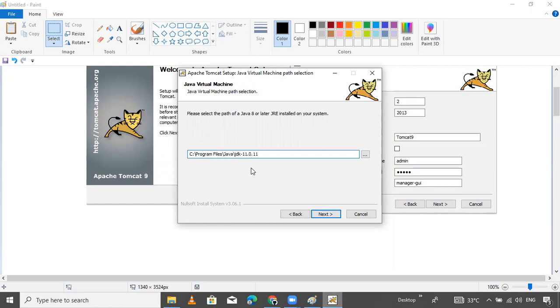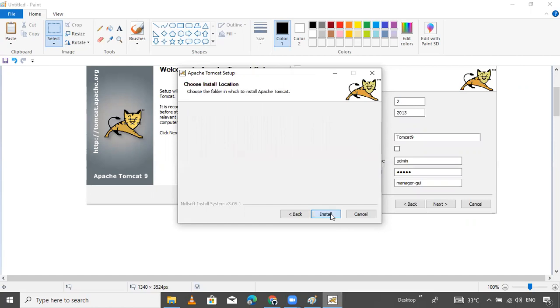Before installing the Apache Tomcat server in your system, you should install JDK up to version 11. It will support it.